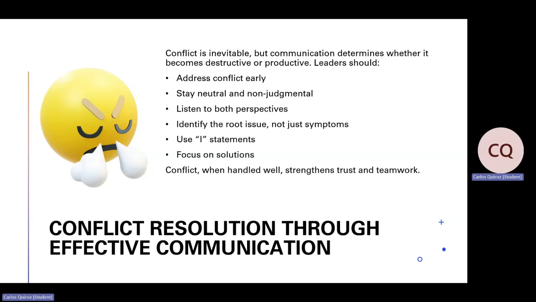We recommend that leaders address conflict early, stay neutral and non-judgmental, listen to both perspectives, identify the root issue, not just symptoms, use I statements, and focus on solutions. Conflict, when handled well, strengthens trust and teamwork. That's good advice for people that work in teams.